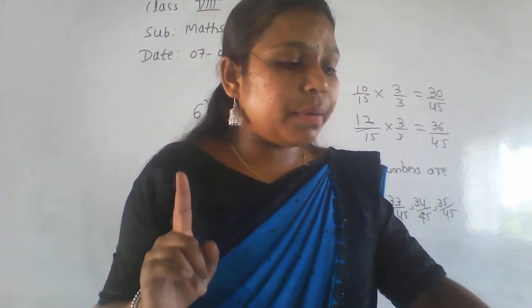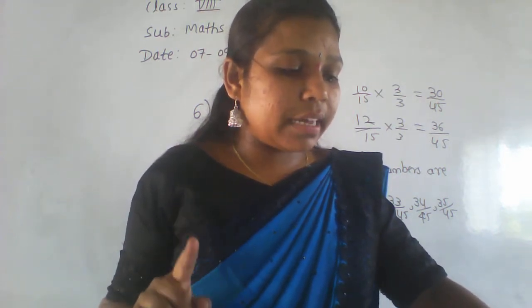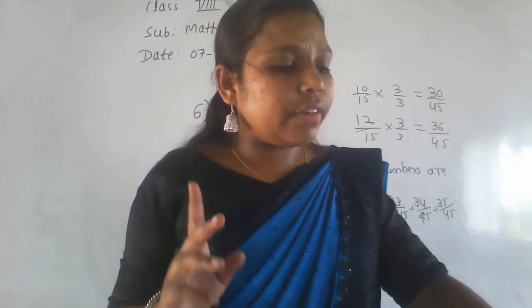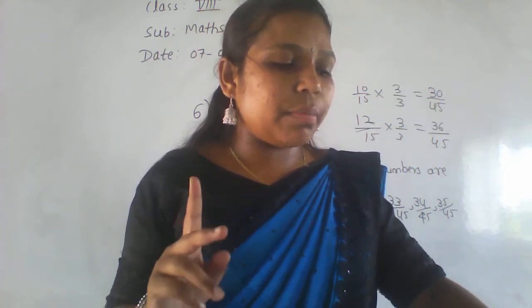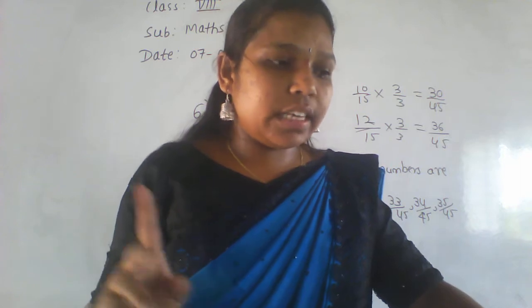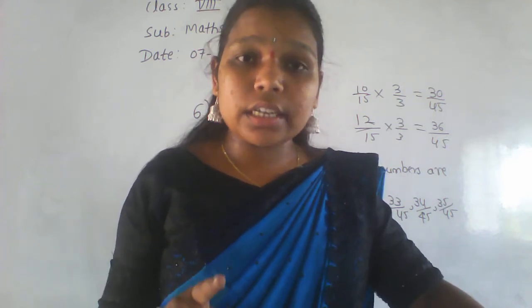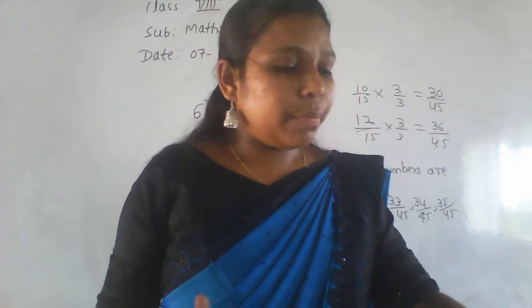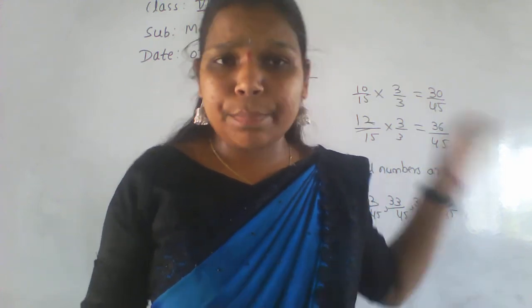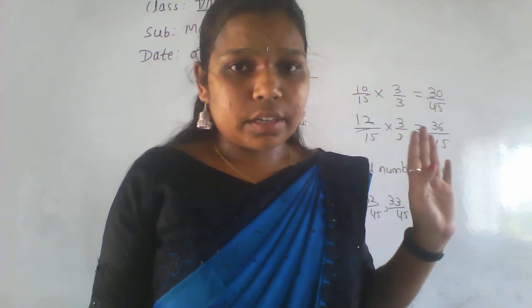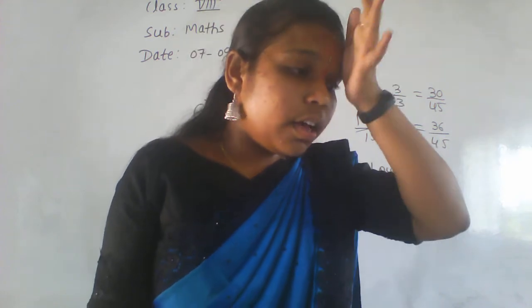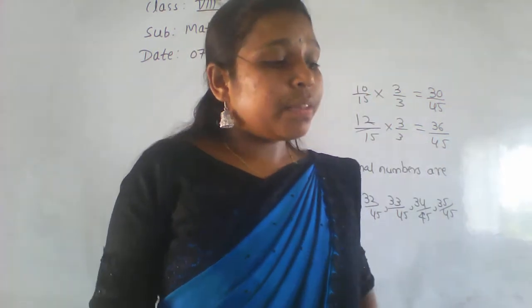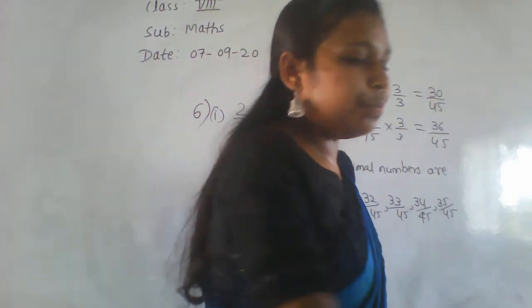And the 7th: find a rational number between 13 by 6 and 18 by 6 using the main method, and find 3 rational numbers between 1 by 5 and 1 by 2 using the main method only. So the seventh question also you have to do. The main method is nothing but the same process. Nothing is changed. So the 7th one also you have to do, and I'll do the 8th one now.